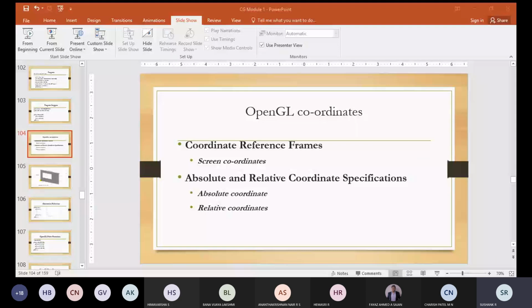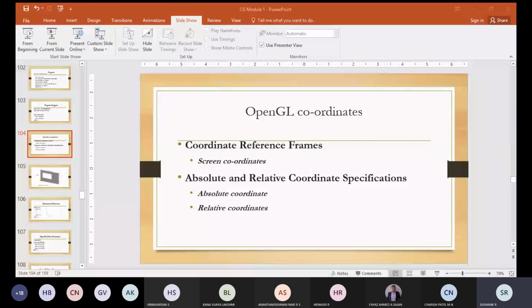These coordinate positions will be stored in the scene description with other information like the attributes of objects, such as color, and their coordinate extent. What is this coordinate extent? Coordinate extent means the minimum value of x, y, z and the maximum value of x, y, z for each of the objects.